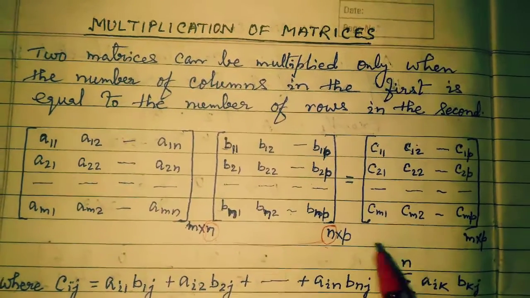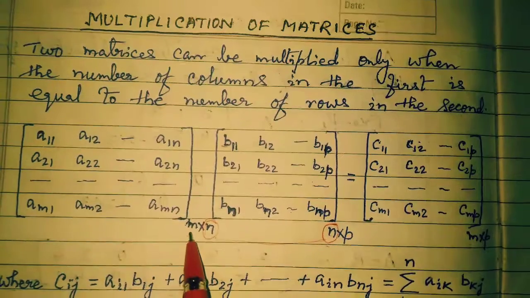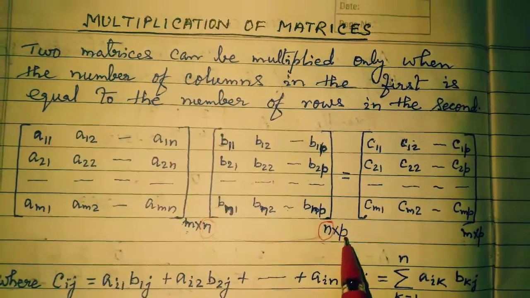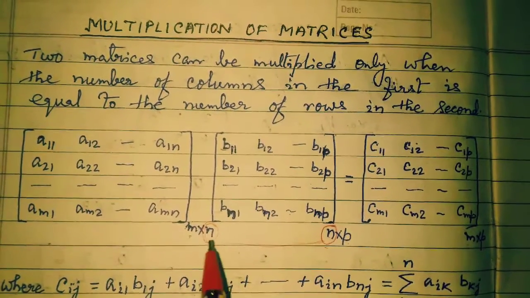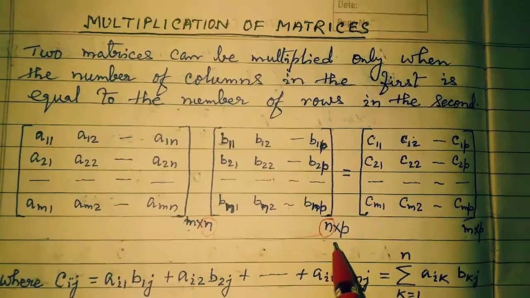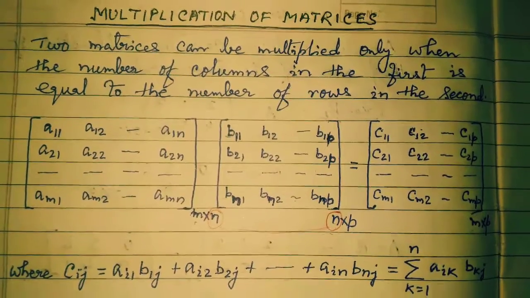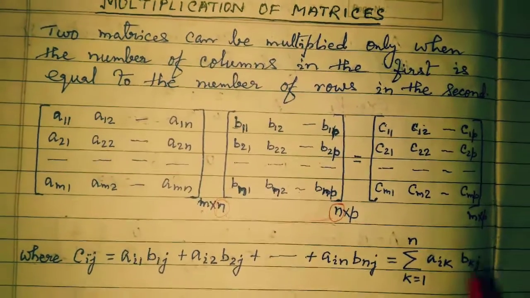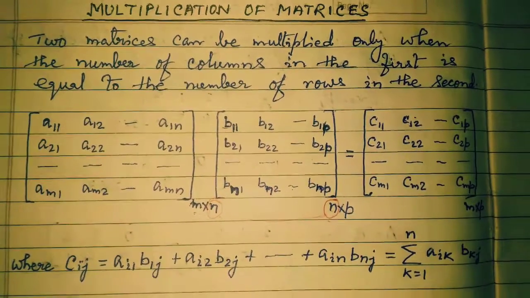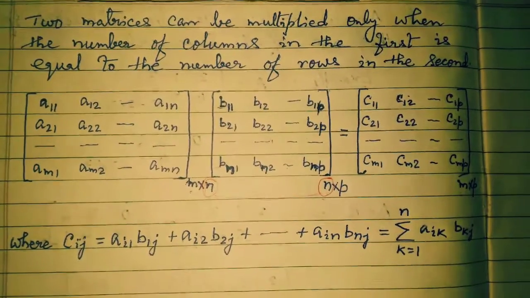So whenever you multiply two matrices, the resultant matrix order will be the first matrix's rows and the second matrix's columns. And matrix multiplication is possible only when the columns of the first matrix and the rows of the second matrix are the same, that means equal. Then only it is possible to multiply. Clear, students? Now we'll see how to multiply. First of all, we'll find out the order of the matrices. We identify first whether matrix multiplication exists or not. Then we'll find the resultant matrix order, and then we'll start multiplying.